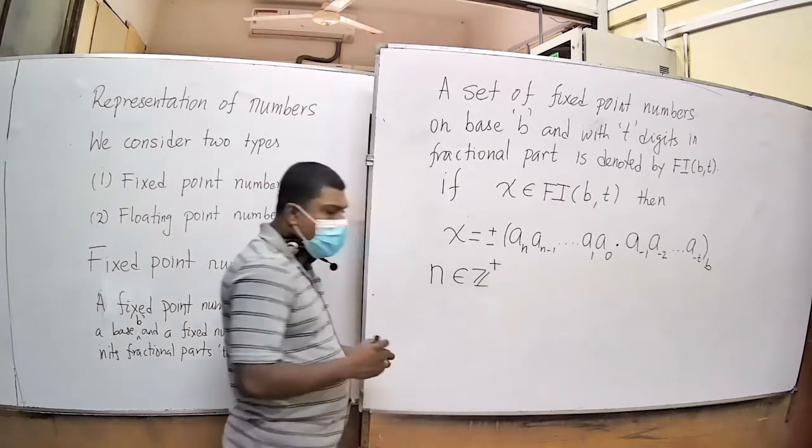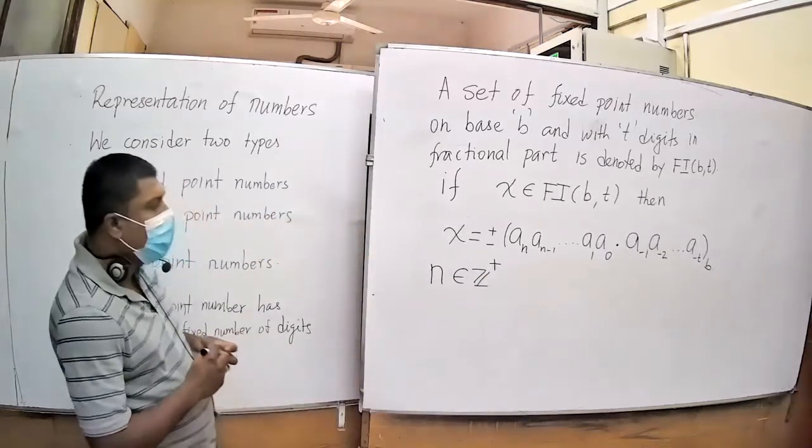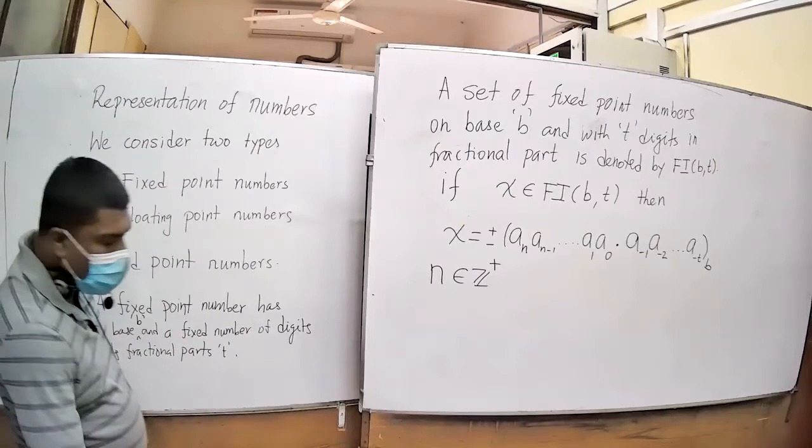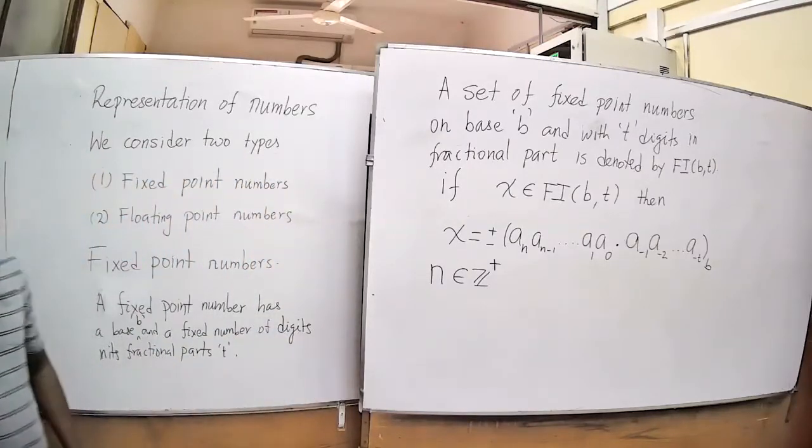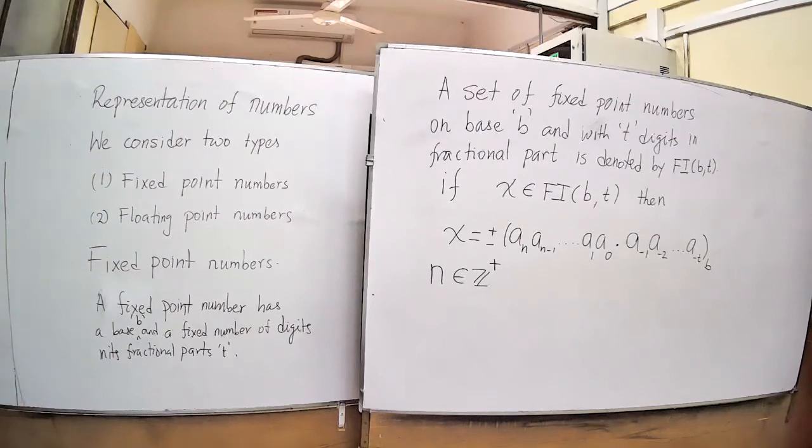So n can be any integer; it doesn't matter. But the number of digits in the fractional part is fixed. So if I say a 2-digit fractional part, then I can only have that certain number of digits. So for example,